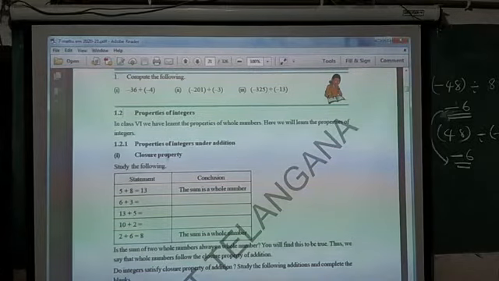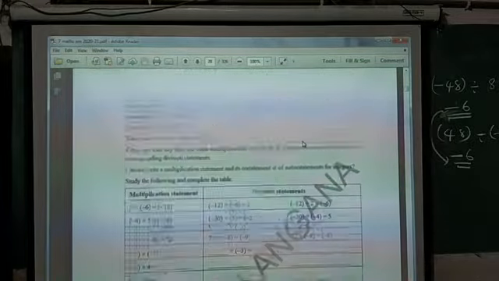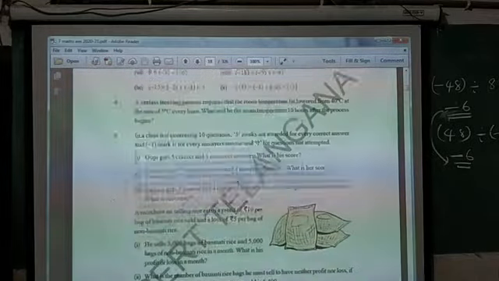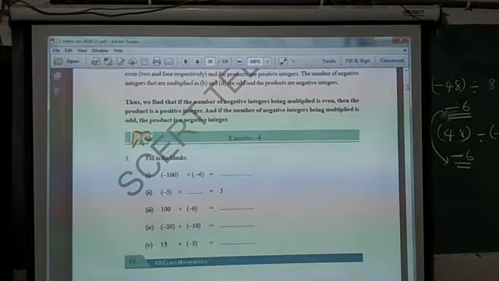Okay, the next thing, the exercise. I said before that I will explain the exercise. This is on page number 10, after the fourth exercise. All of you open page number 10. That is the fourth exercise. You see the first thing, fill in the blanks. Here these multiplications are there. You can answer these all very well.